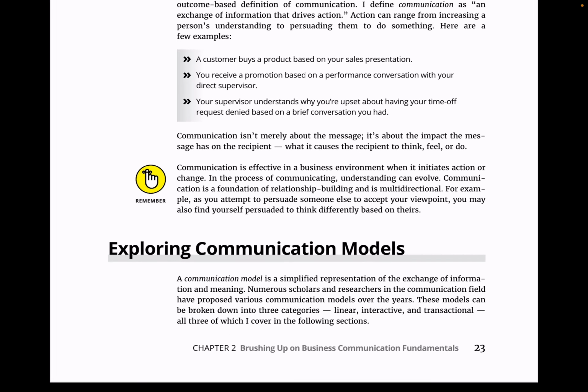So the tip here is to reduce semantic noise, define key terms, spell out acronyms at first usage, and check in regularly during the conversation or meeting to ensure that everyone is on the same page. Here's an example of defining a key term. When I mention the leadership team today, I'm referring to those in the organization who are at a VP level